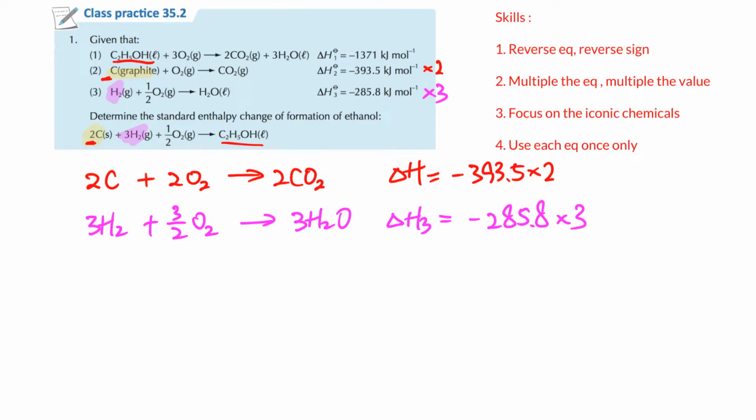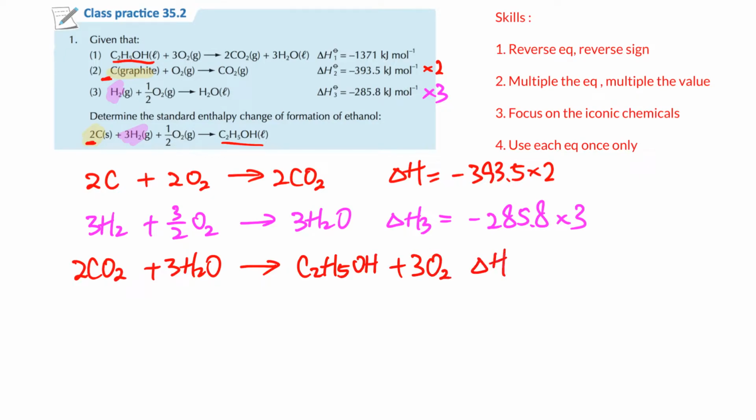So we will have 2 CO2 plus 3 H2O, and then the reactant side will become C2H5OH plus 3 O2. So the delta H that we have this time will become positive 1371. Okay, so after you put the three equations aligned on the corresponding places, then we